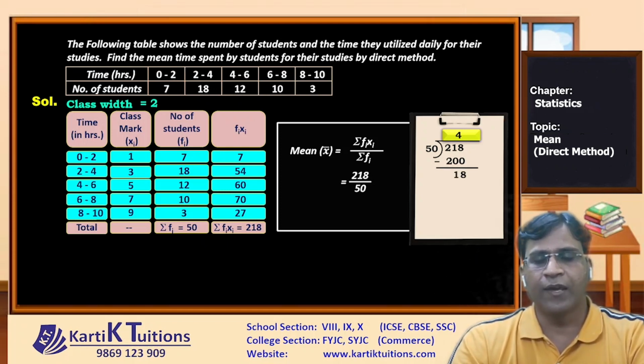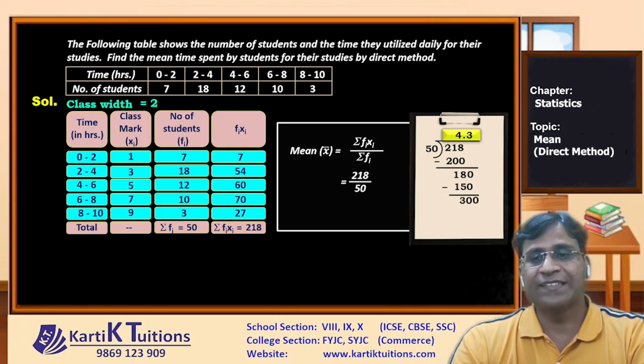Now after that, we can get 0 first. If I take first 0, I need to add a decimal. So in the quotient, I'll add a decimal and then I'll get the first 0. Now after that, again 50 threes are 150. Now 180 minus 150 will give us 30. Now we can take 10. So here 50 sixes give us 300 and now your remainder is 0. So basically when you divide 218 by 50, you get